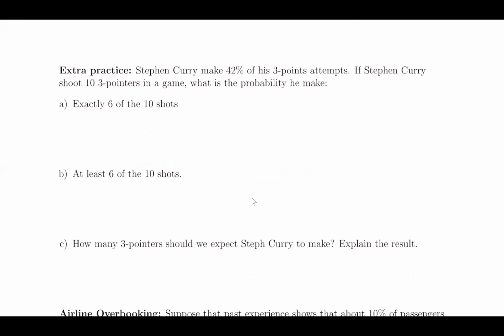All right, so we'll do this last one, then we're gonna move on to the Poisson distribution. For this one, it says Stephen Curry makes 42% of his 3-point attempts. If Stephen Curry shoots 10 3-pointers in a game, what is the probability he makes exactly 6 of the 10 shots? All right, so right now we're gonna go ahead and get N,